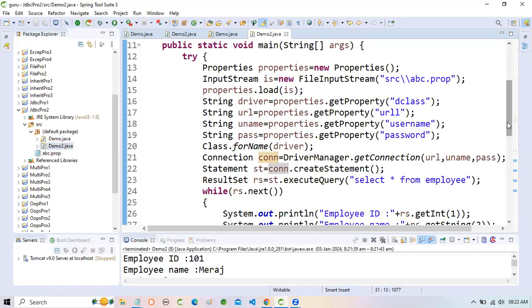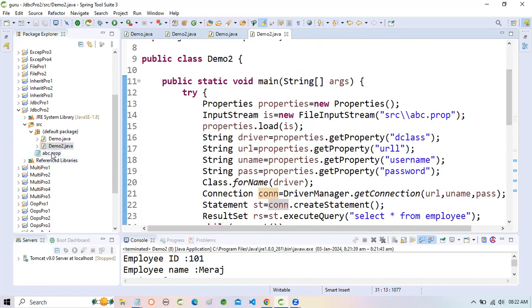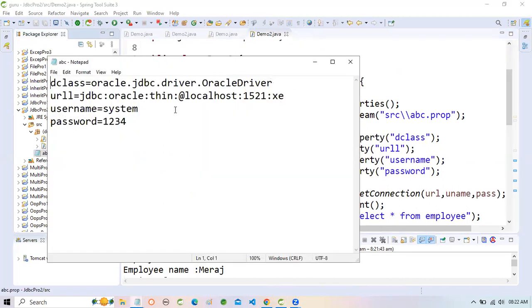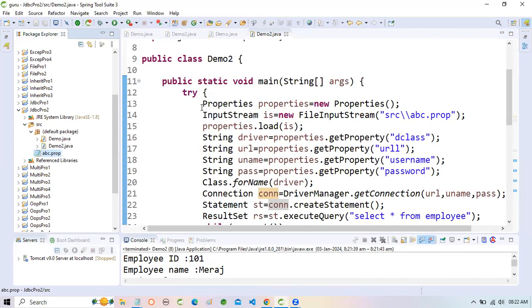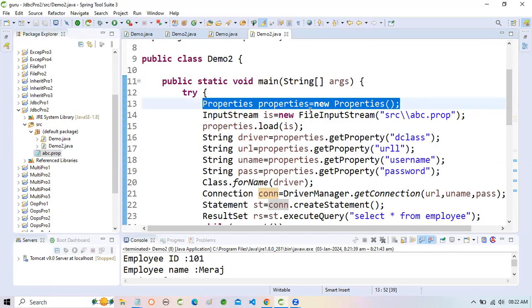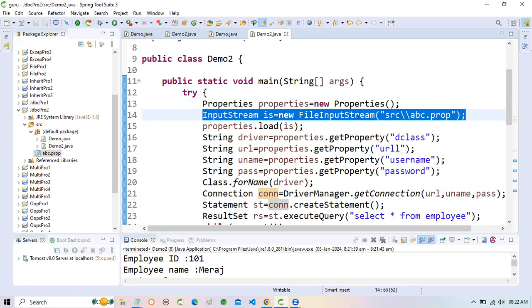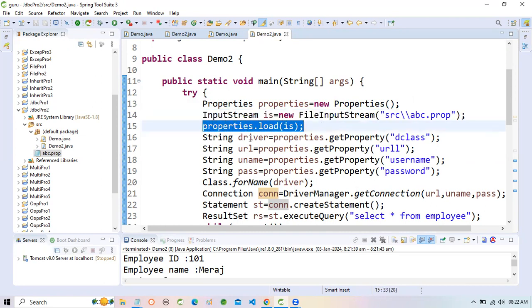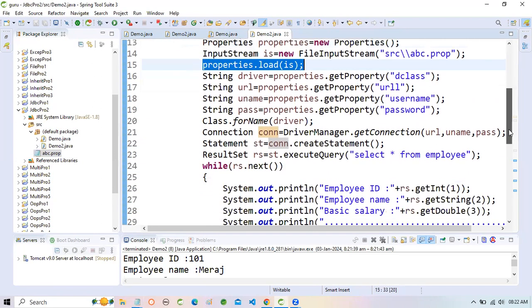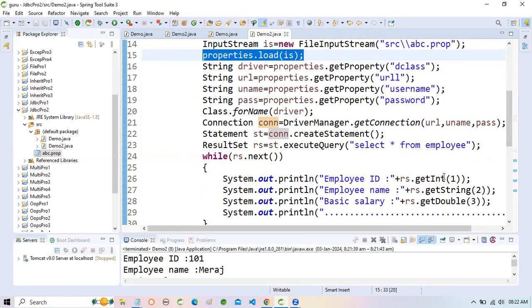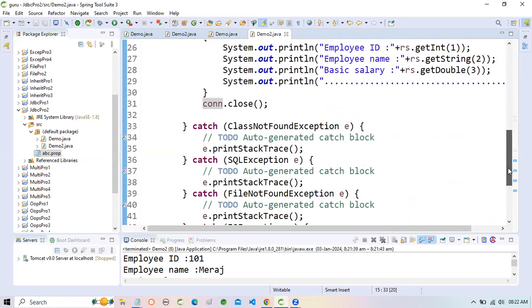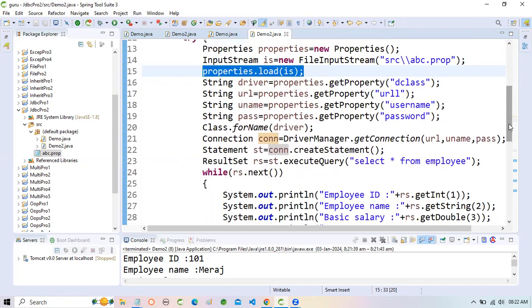So here first of all create a file, and declare our variables and properties here. After that, use the Properties class and get the object of that file and load this file to the Properties class. After that, we can get all the properties values, save in the variables and specify at the place of those values. Okay,